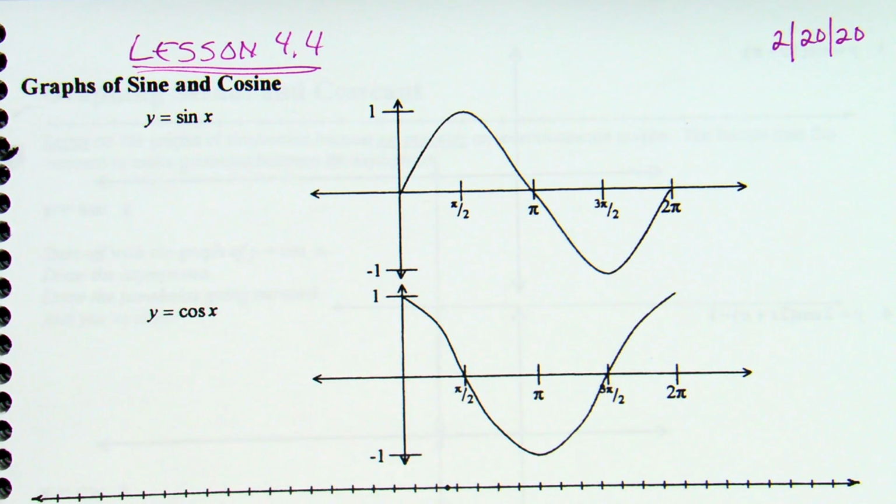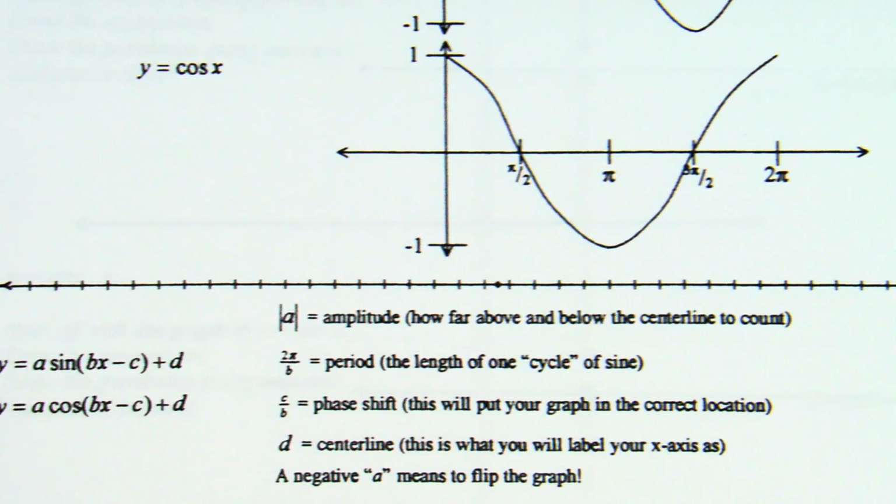We have stretches. We have shrinks. Okay, we have reflections. It's all that stuff. Except our vocabulary when we work with these trig graphs is slightly different. So, if you look down below here, you will see a basic setup. Okay, the pieces we will possibly be looking at